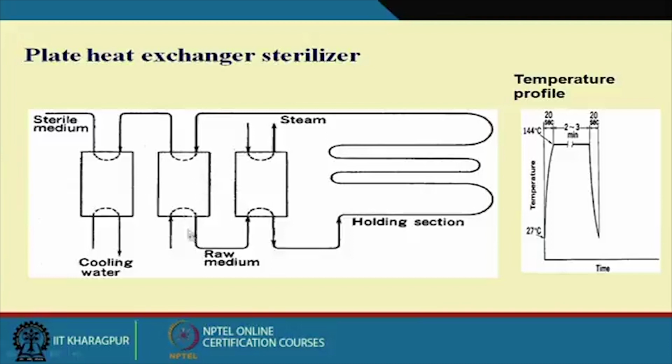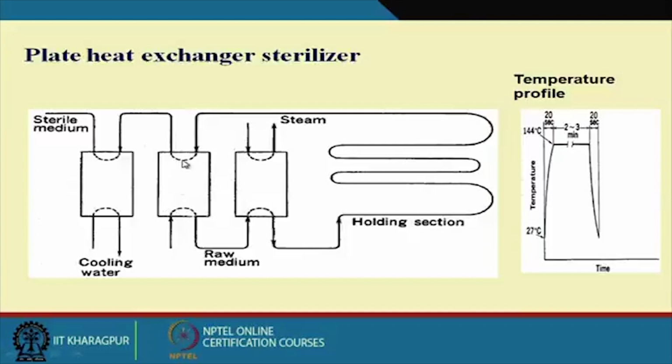The reason is that I can explain the raw media is going like this, and it is coming out like this, again going to this steam injection, and after going through the holding section. What I wanted to tell is that here you raise the temperature to 140 degrees centigrade, and then you keep it in the holding section, you cool it down, and for this steam you are passing through the heat exchanger, and you are utilizing your raw media here